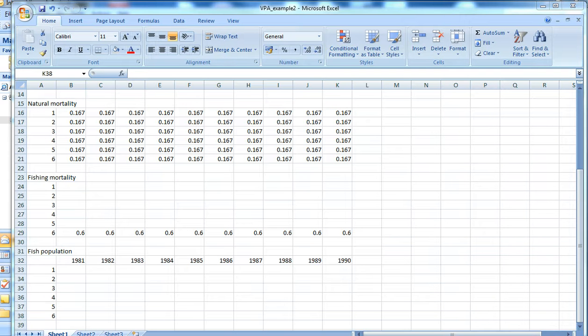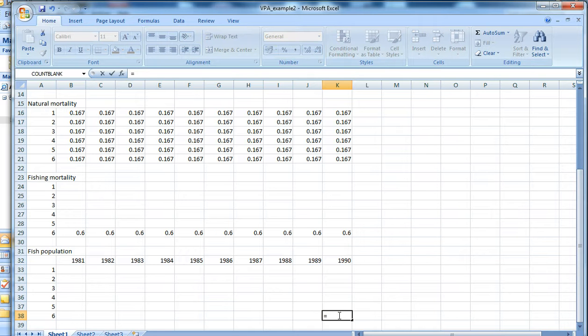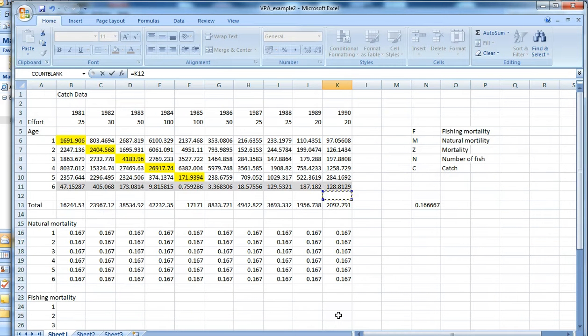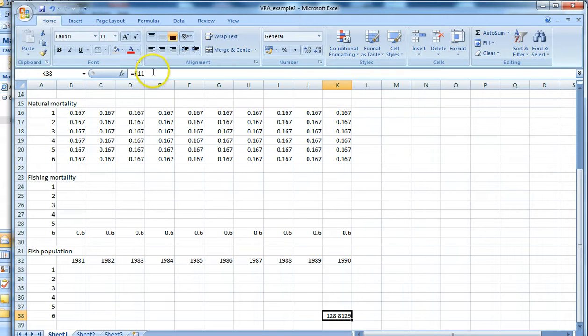Let's see what happens. Right, so we'll start in the far right hand corner. The first thing I need is the catch, so equals for the first cell. Let's get the catch. What was the catch in that year? It was that. If I left it at that, it would be 128. Then I want to divide that by,